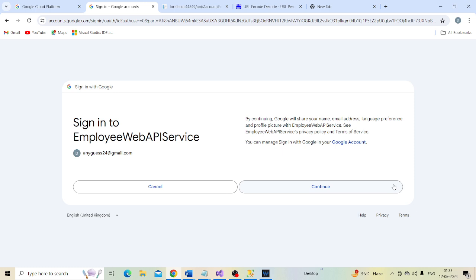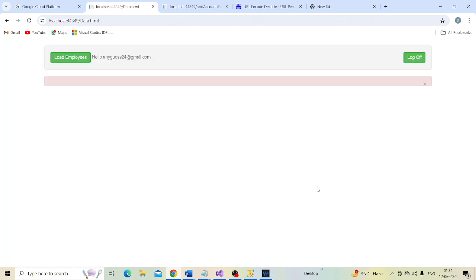Notice it is asking whether to cancel or continue. Let's continue it, and now we are redirected back to data.html.